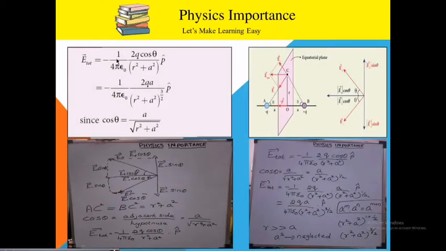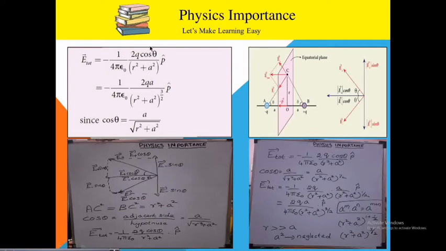Now the same formula here we are writing minus 1 by 4 pi epsilon naught 2q cos theta. Why are we writing 2q cos theta? That is, one is for E plus, the next one is for E minus. So q cos theta, here we are having E plus cos theta and also E minus cos theta. So if we are writing it simply, we will be writing q by 4 pi epsilon naught R square plus A square. But here we are writing 2 times, so we can write it as minus 2q.